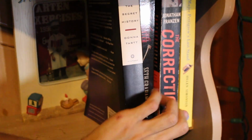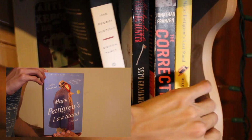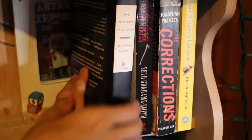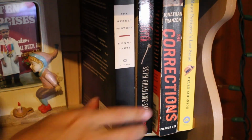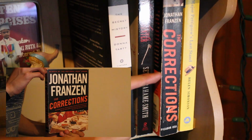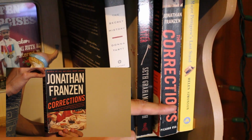And then next to it, up here on the top, on the left hand side right here, Major Pettigrew's Last Stand by Helen Simonson. I hauled this randomly somewhere, so I just wanted to check it out. The Corrections by Jonathan Franzen. I actually have this, and then I also have his